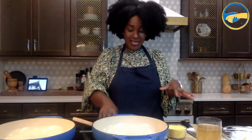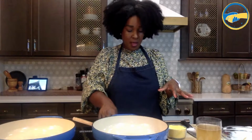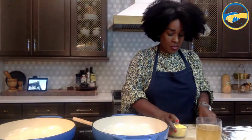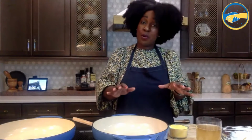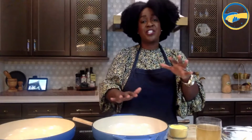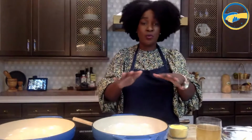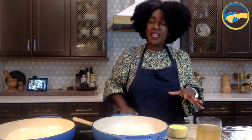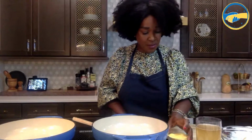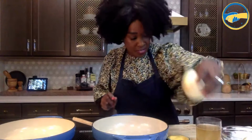And I do mine a little differently because I put onions and I put garlic in it. So it's a little backwards, but the key to making your polenta, your cornmeal, whatever you call it, smooth is a whisk. Okay, so watch this. The first thing I'm gonna do, I'm gonna cut up a little bit of onion because